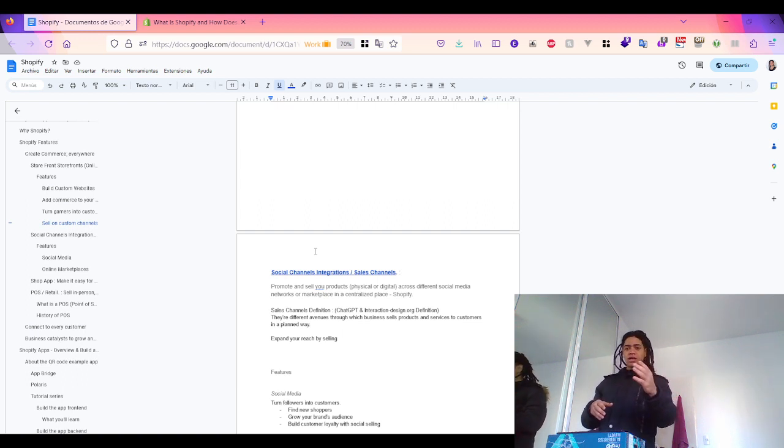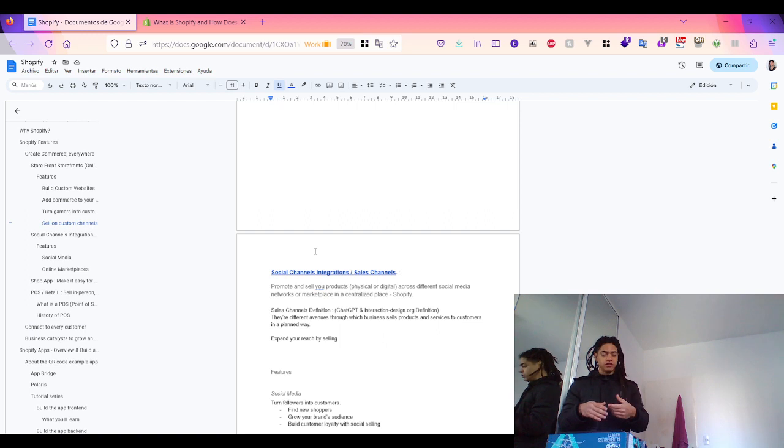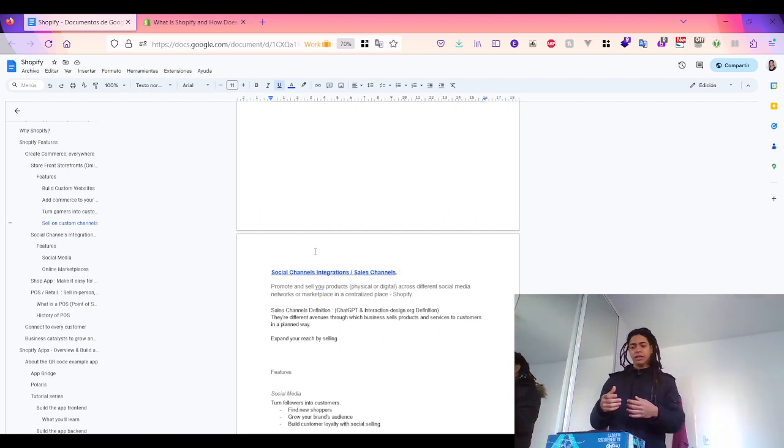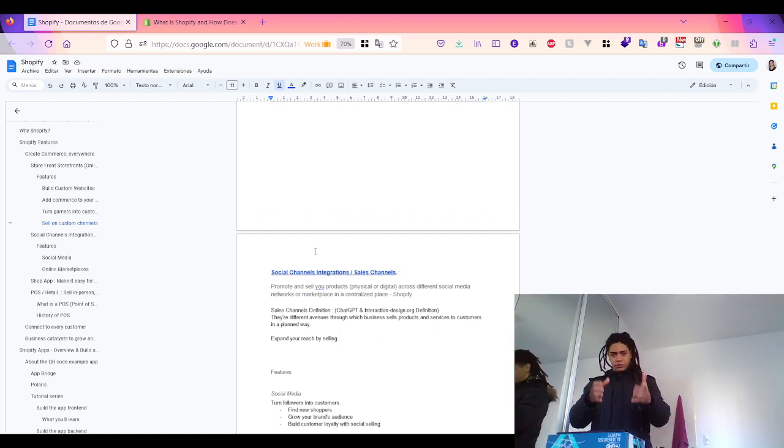As I mentioned before, touch points, according to interaction-design.org, are the places of interaction that the customer has with your brand, whereas the sales channels are planned points of interaction. So the planned points of interaction here include social media,